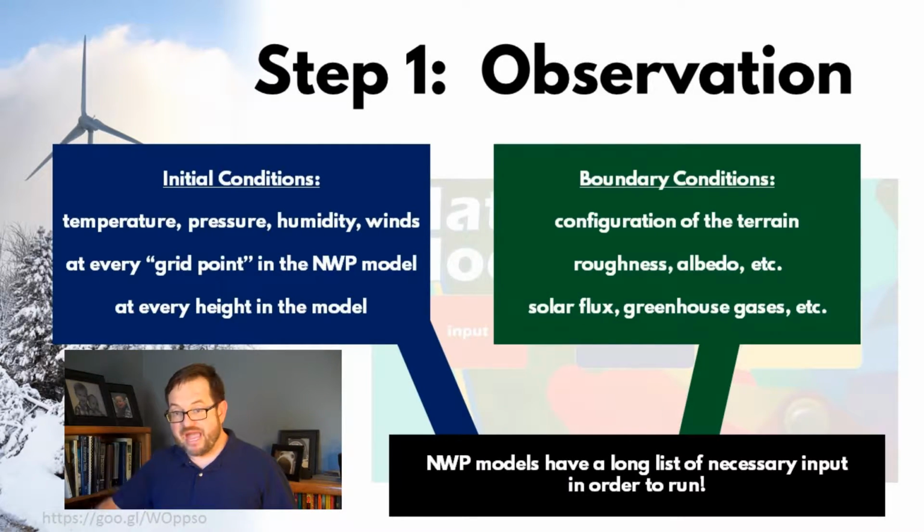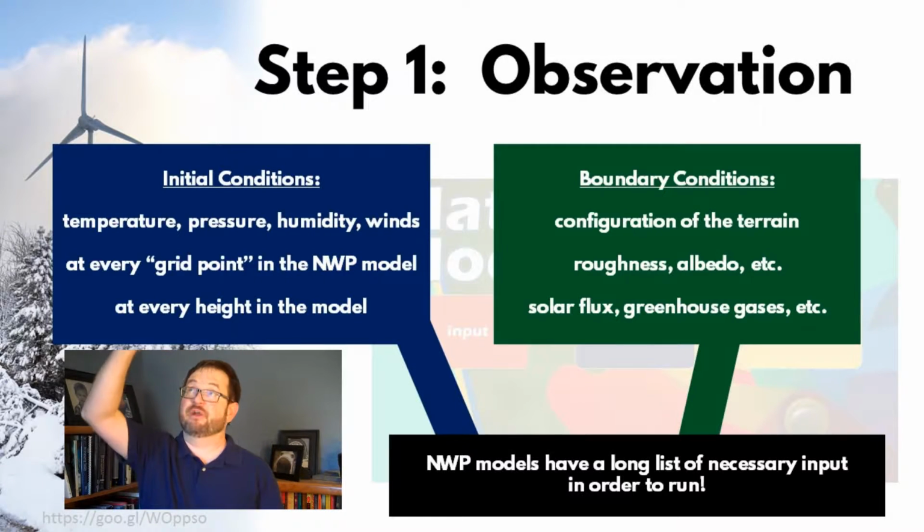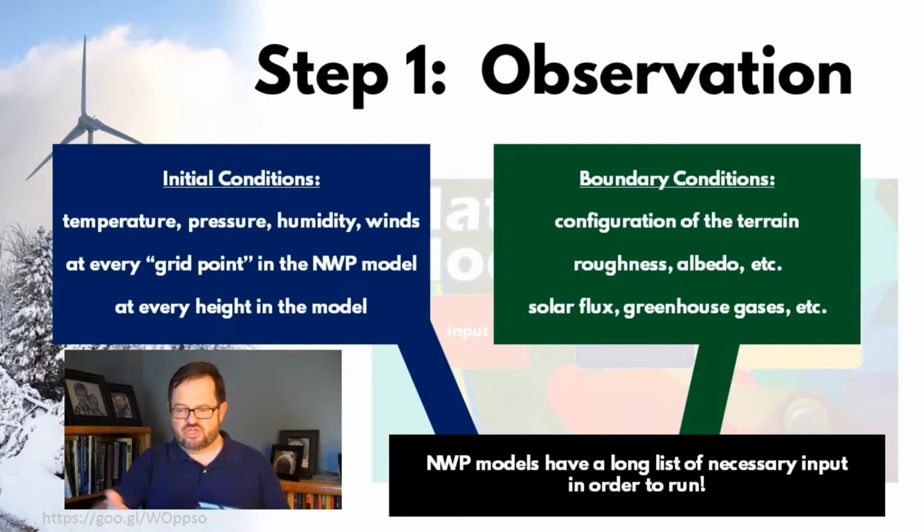At every box on the map, and we'll divide the atmosphere up vertically into boxes too. So you have this sort of 3D set of these little grids. You'll see some pictures of this in a little bit. And you're going to be trying to assign, based on your observations of temperature, pressure, winds, etc., what you're going to be using for the starting conditions, the initial conditions of your model.